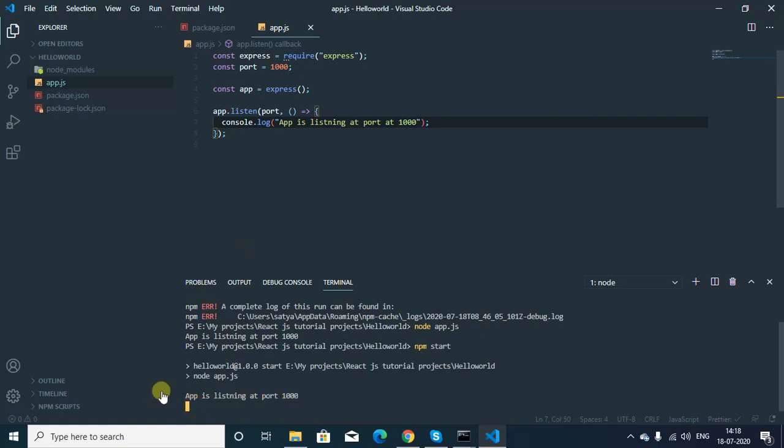So in that case, we want to use something called nodemon. So why nodemon? Nodemon is necessary for auto reloading of your application. Meaning if you want to auto reload whenever you save or whenever you make some changes on your app, then in this case you need nodemon. So installation of nodemon is quite simple. So just exit your terminal right now